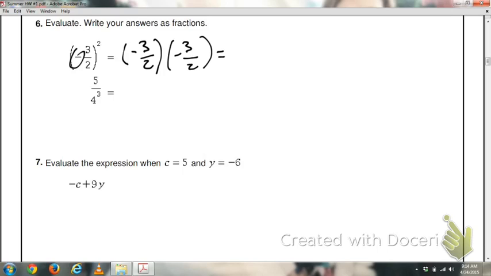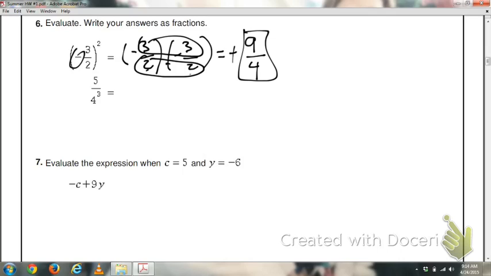First off, I know a negative times a negative will be a positive answer, and now all I have to do is multiply numerator to numerator and denominator to denominator. So 3 times 3 will give me positive 9 in the top, and 2 times 2 gives me 4. So the answer is just positive 9/4. Here I have